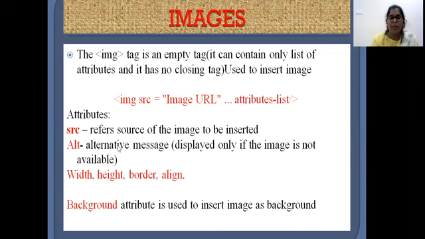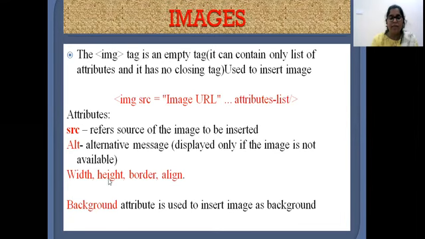And the second one is alt, ALT. So usually we put alternative messages when we are not available, right? So in the same manner, when this particular image is not available, what should be done? There should be a proper message, either that the image is not available, or what the problem is in uploading that image. Such kinds of messages we are going to put here in alt.